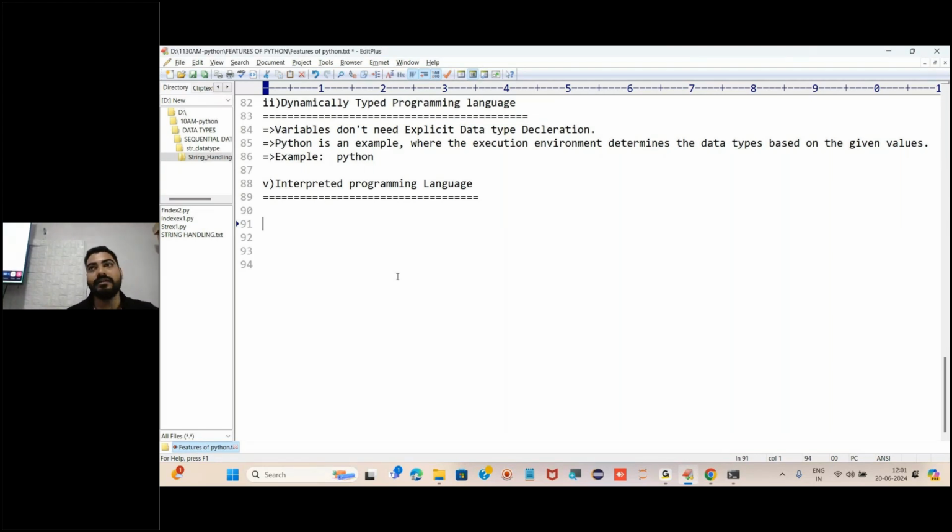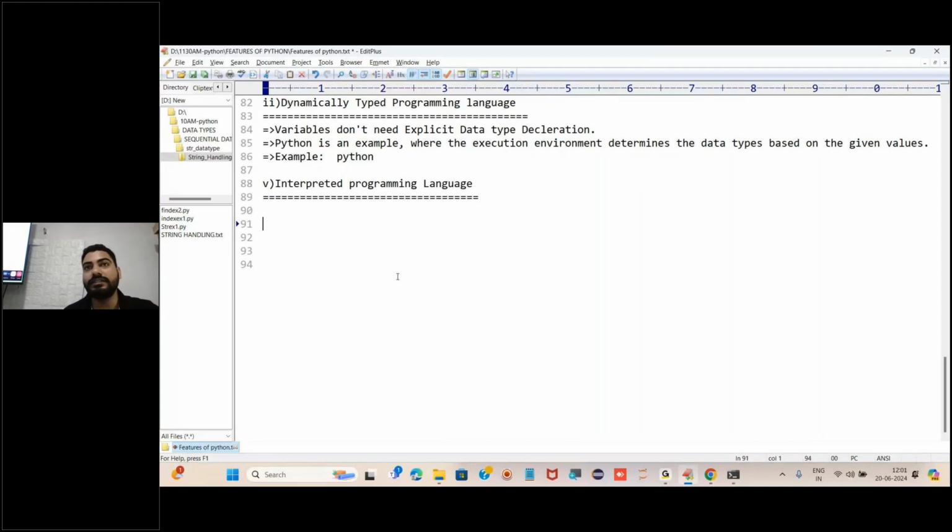But in Python we do not have to take care of that. We do not need to worry about any hard syntax. Any beginner can also easily understand the code of Python, because it is as simple as English is.